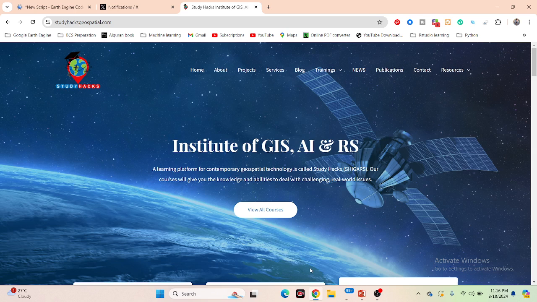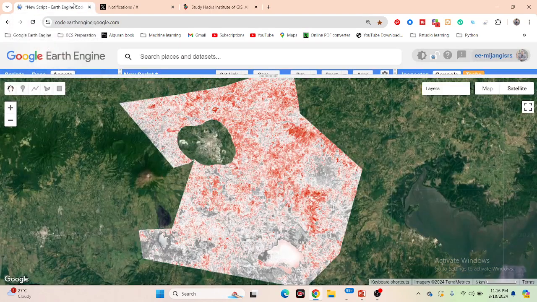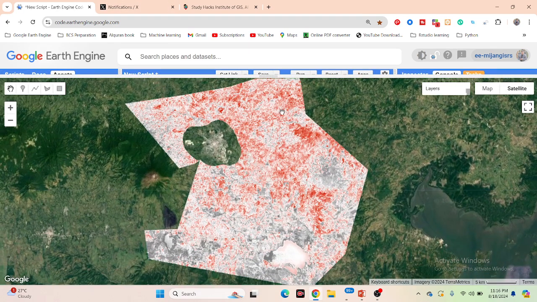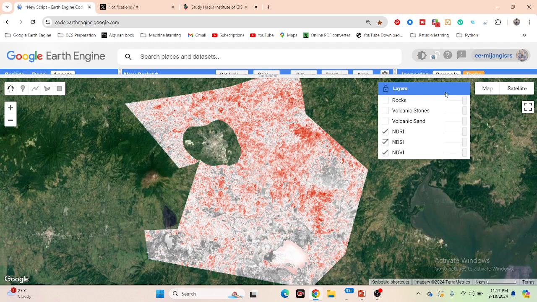Today's session, I will discuss a very important topic, mainly how we can easily identify volcanic sand, volcanic stone, and also volcanic rock using remote sensing techniques in Google Earth Engine. So basically, here you can see I already wrote the code. It looks like this. This is my study area and this is the volcanic eruption region. For this volcanic eruption, we try to identify the nearby volcanic sand, volcanic stone, and volcanic